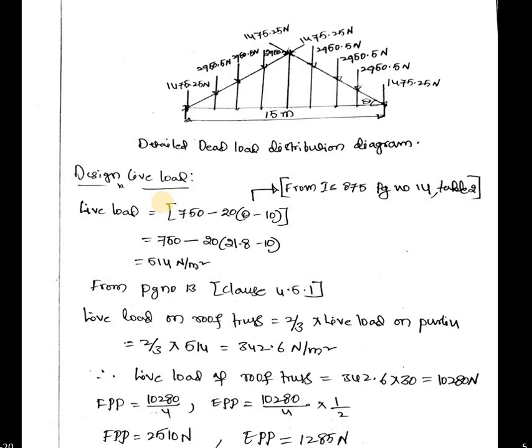If you want to design these members, you should know dead load, live load, wind load and all the remaining loads. But if you want to calculate only loads at the panel points, then he may ask to determine only dead load, only live load, or only wind load. Because he is not allowing the IS 875 code book for competitive exams and external exams, you should remember these points. If you remember these points, you may get marks. Otherwise, you may lose marks. That's why he is expecting this type of question here.